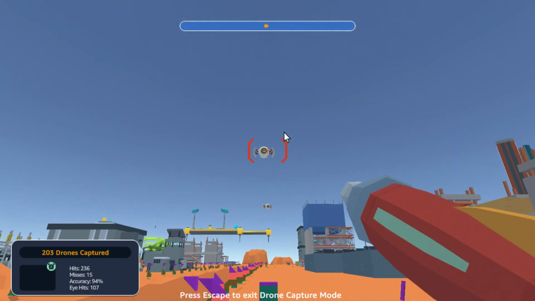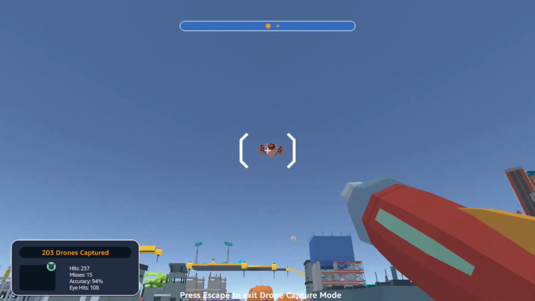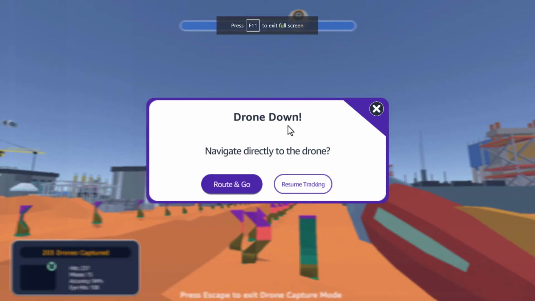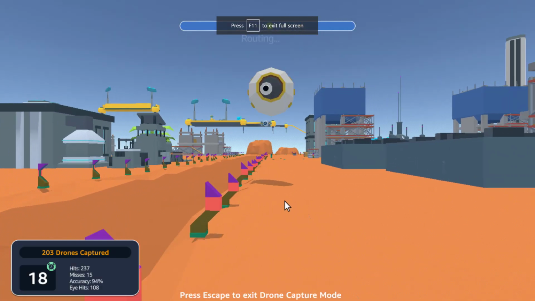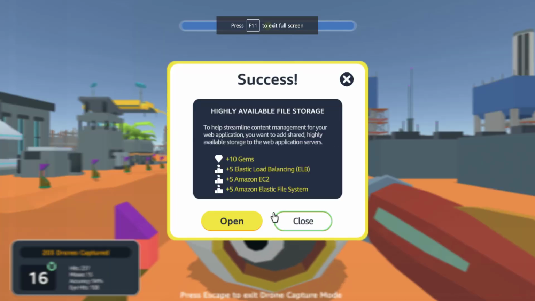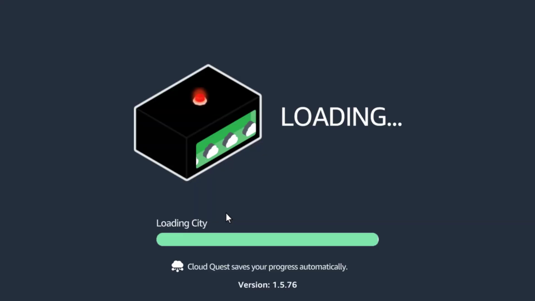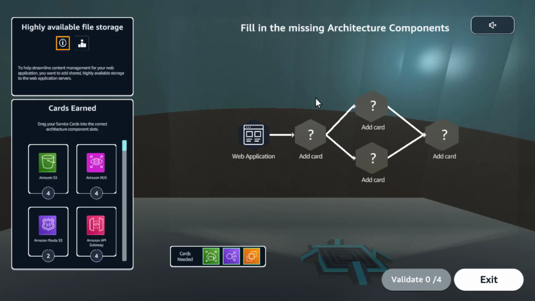This is an orange one. Do you guys want to try that? Let's try. Most likely we won't have enough cards, but let's try it. So it would need ELB, EC2 and that card. Let's see. It will show us if we have the cards or not. But I just wanted to show you how this would look. So this is how it looks, and looks like we have all the 3 cards, which is good.